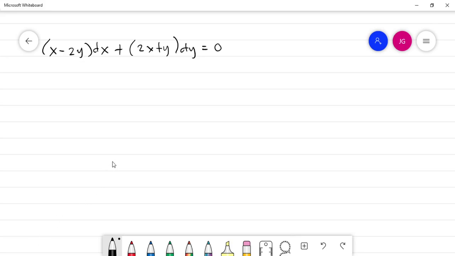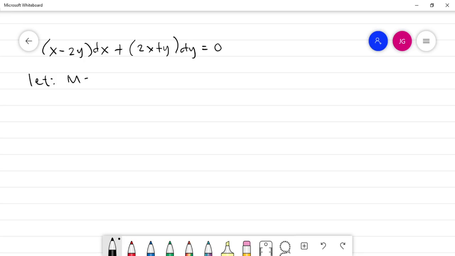Welcome guys, this is the second example about homogeneous equations. Again, the first step is to find the degree of the equation, the first term and the second term. So, let